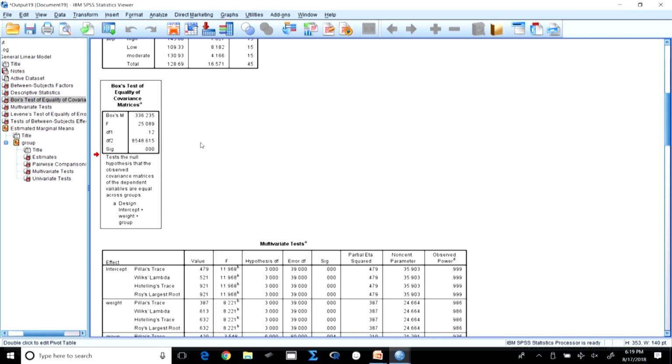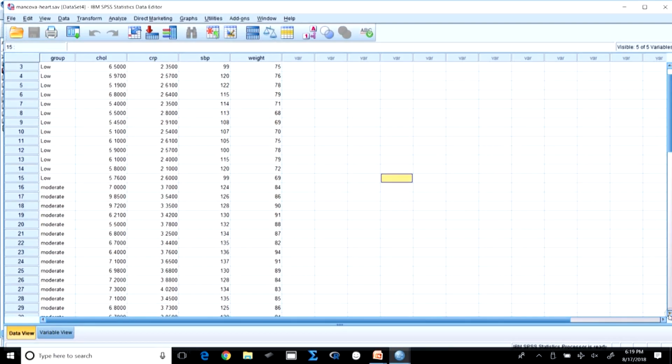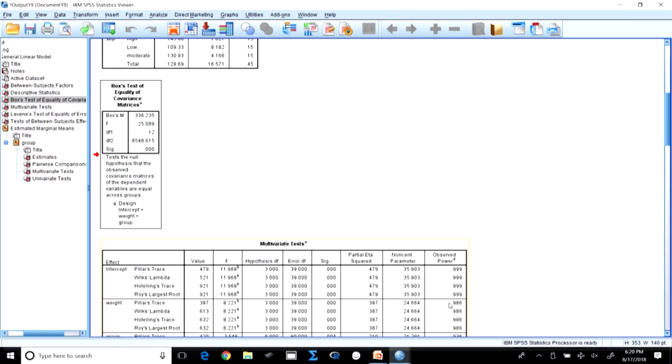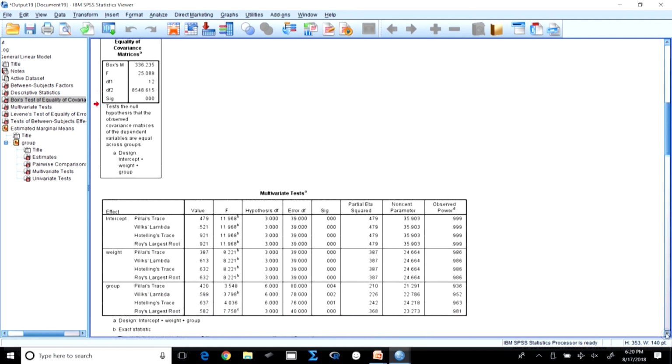If it is not, then you have to go to the data set again and check and maybe collect more data. My sample size is also small here, right. If you see, my sample size is much less, because we expected 120 in the group, but we have only 45 I believe, right. So, you do not expect the same result, right. Anyway, just understand it, right. Now, we will go to the multivariate test.